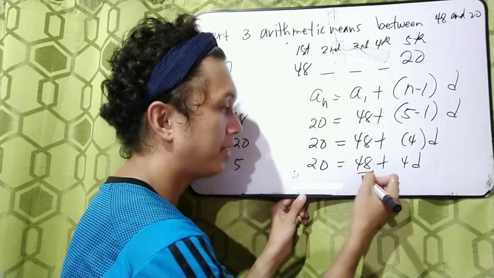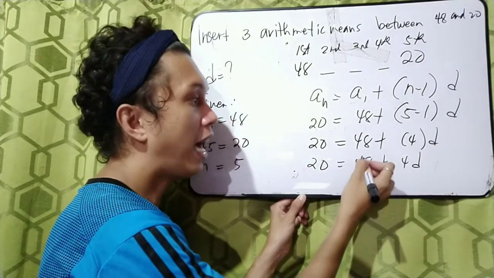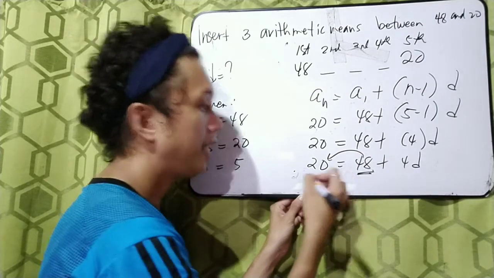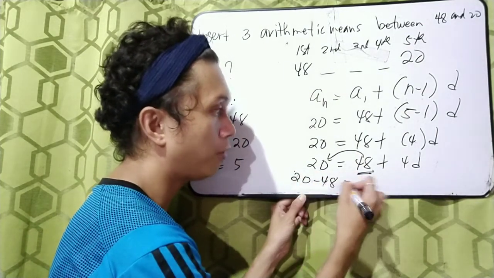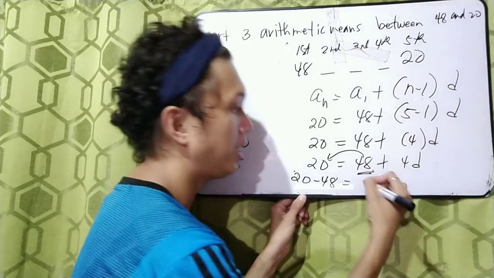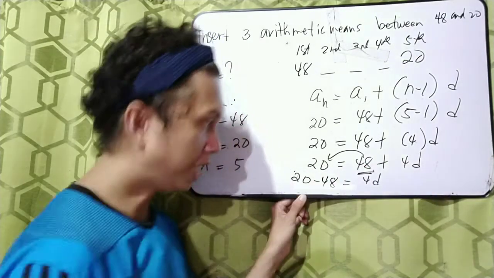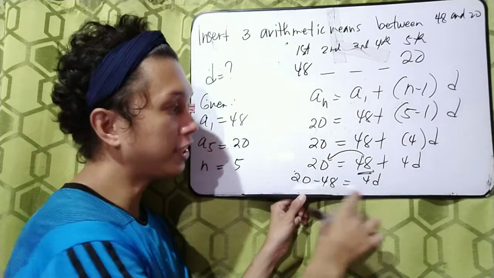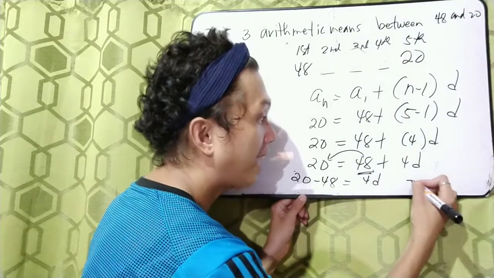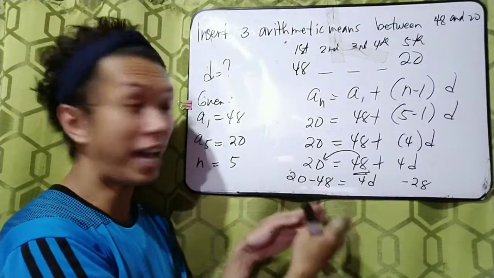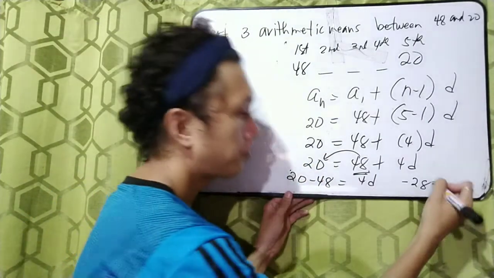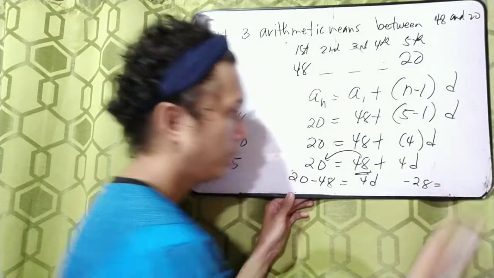So let's copy: 20 minus 48 is equal to, what is left is 4d. So 20 minus 48, that is negative 28, because 48 is greater than 20, is equal to